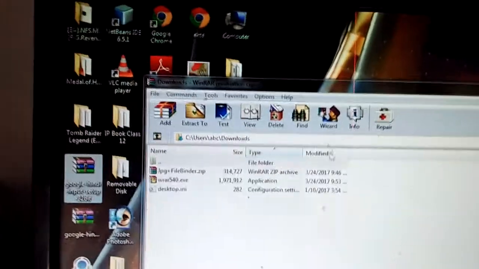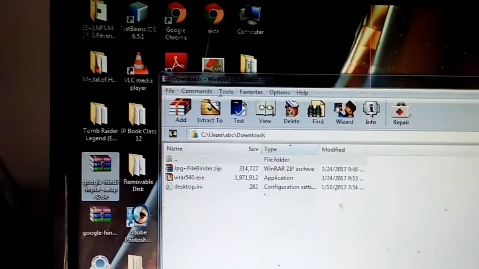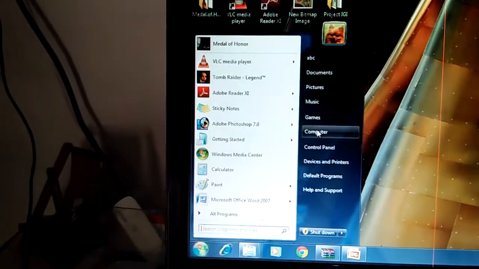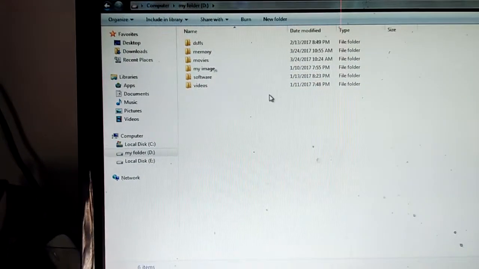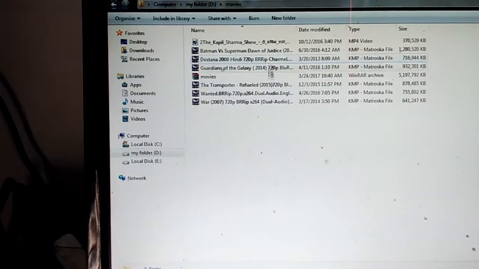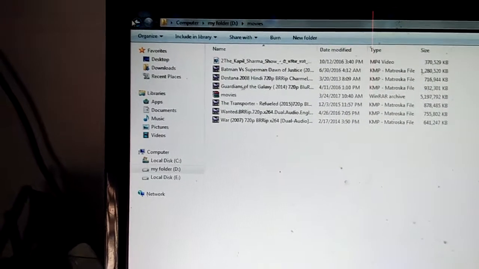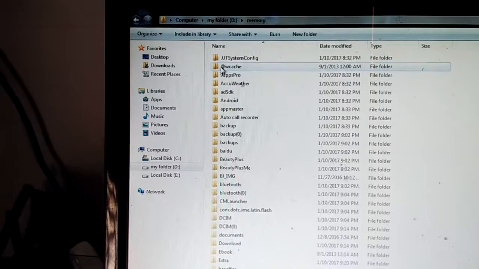Then if we want to open it, we have to go to the folder which we have selected. I will go in that folder, computer, my folder, movies. Sorry, we have to go in memory.